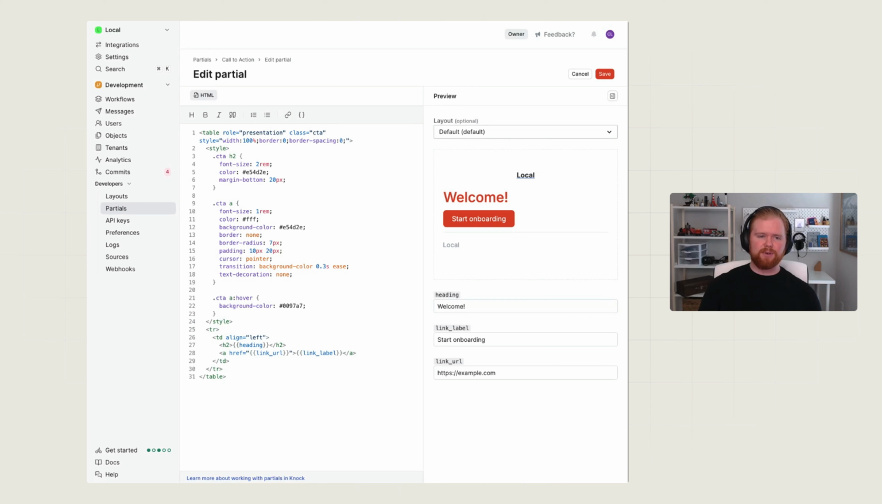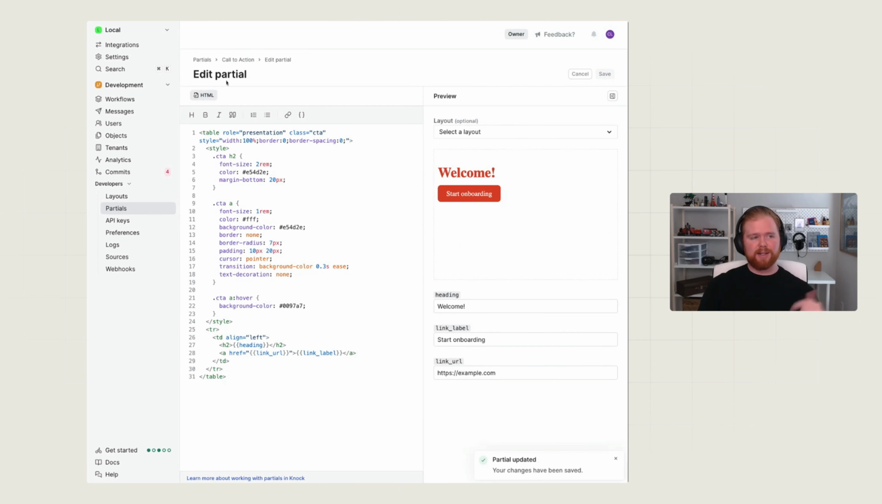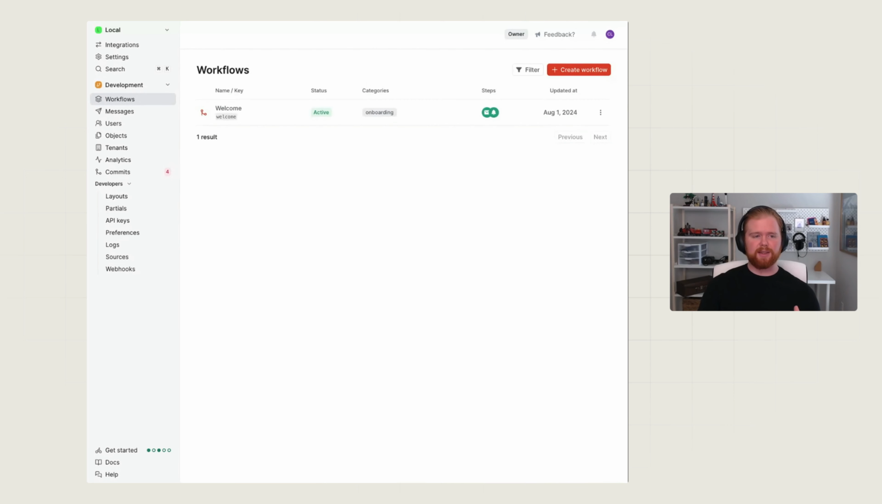This is really helpful. Maybe you have some default styles in your layout that you want to include, and you want to see what that partial will look like when it's rendered within a given layout. Or optionally, you can preview it without any layout. So I'll save these changes here. And then we can take a look at the second part of working with partials, which is actually using them